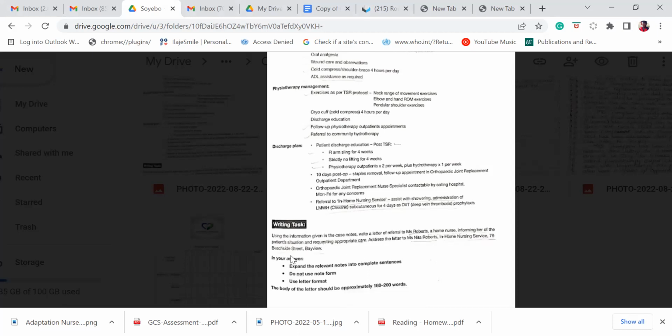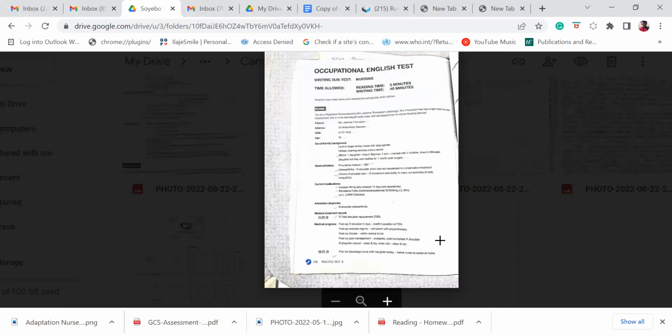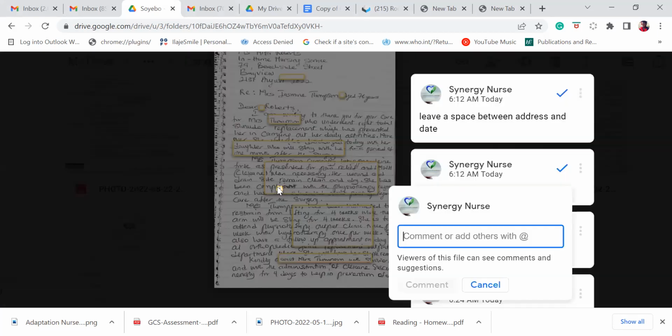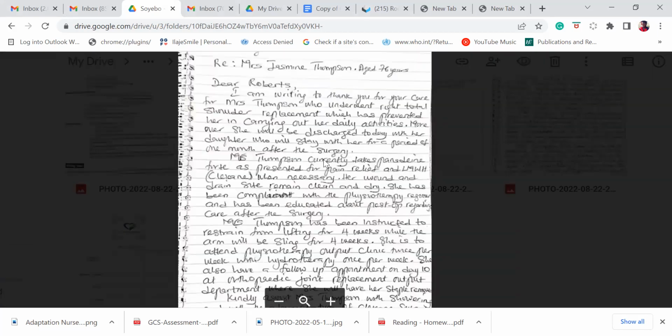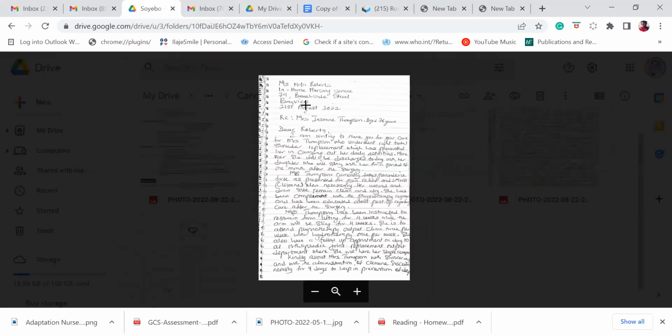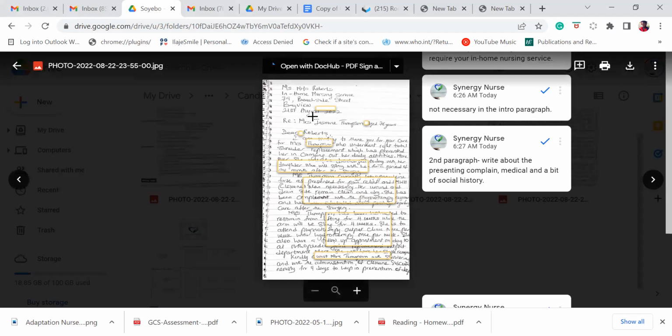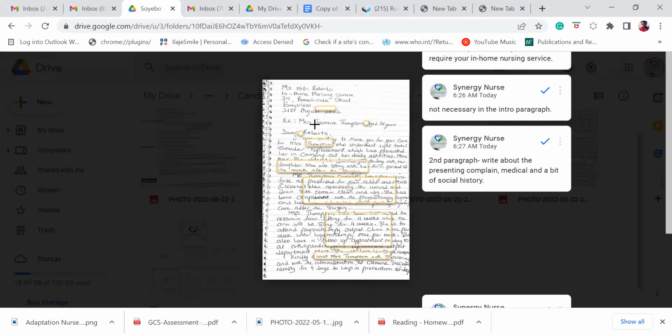This is the address to write. And the instruction says, expand the relevant notes into complete sentences. Do not use note form and all that. So now let's go to this candidate's letter. Okay. So I've been able to do some correction here, which I'll just run you through. It's important that you really go through the case notes and you understand it. So put a space between the address and the date. There's a space between the date and the